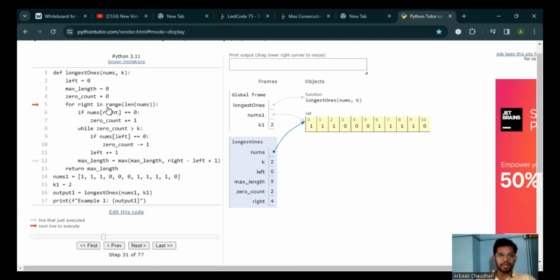Okay. Next, it will once again go above and right will be increased by 1 to 5, and it will check if it is 0 or not. Yes, it is 0, at the fifth position 0 is there. Zero count will be increased. Then in the while condition we have to check how much zero count is. 3, which is greater than 2. Yes, it is greater, so it will enter this and it will check if nums of left